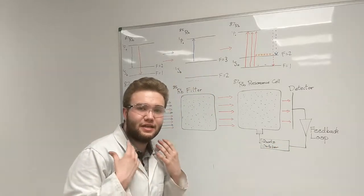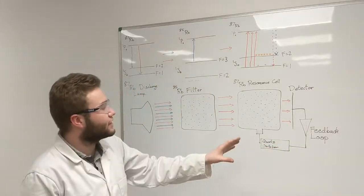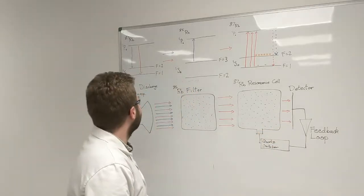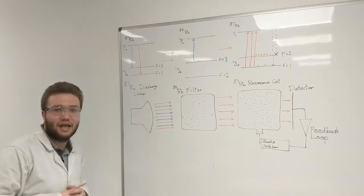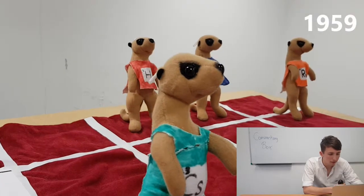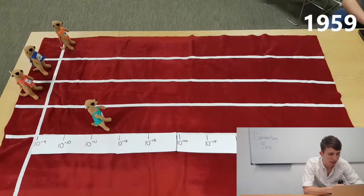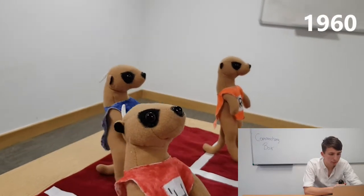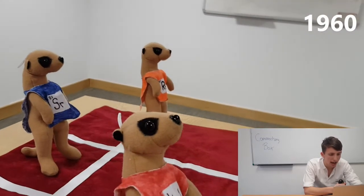So in order to obtain the resonance signal you want, you're looking for this detector to detect the least amount of light coming from this rubidium discharge lamp. 1959, and a further boost to cesium as MBS2 goes into operation with a fractional uncertainty of 8 × 10⁻¹². They achieved this by reducing the line width and increasing the Ramsey cavity, and hence having longer interaction times, as Kyle explained. 1960, and the first hydrogen maser is produced by Norman Ramsey and